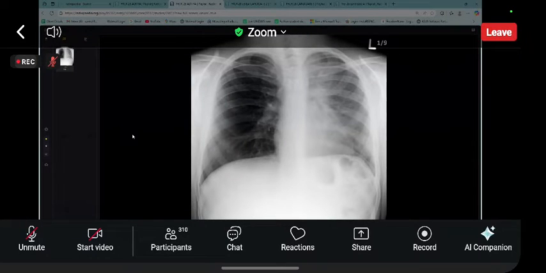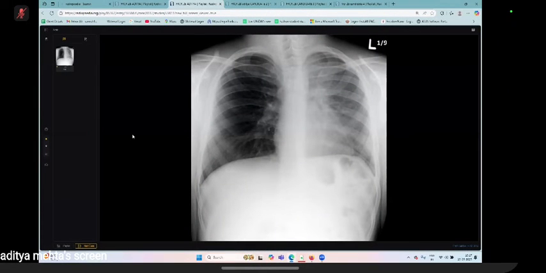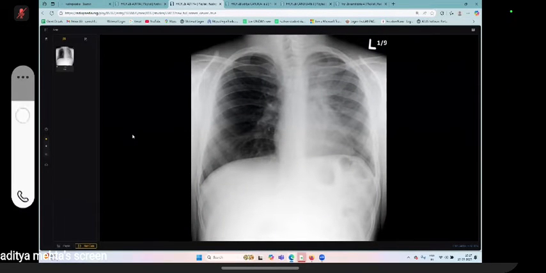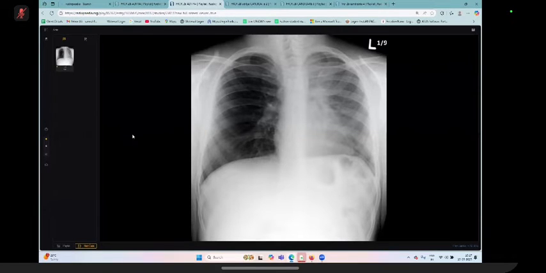Towards the left side. If both the CP angles are normally visualized, the cardiac shadow is within normal range. I'm trying to look actively for any soft tissue opacity or density within the left main bronchus, which is not very clear. In my routine practice, I would like to change the window of the patient, and I would also